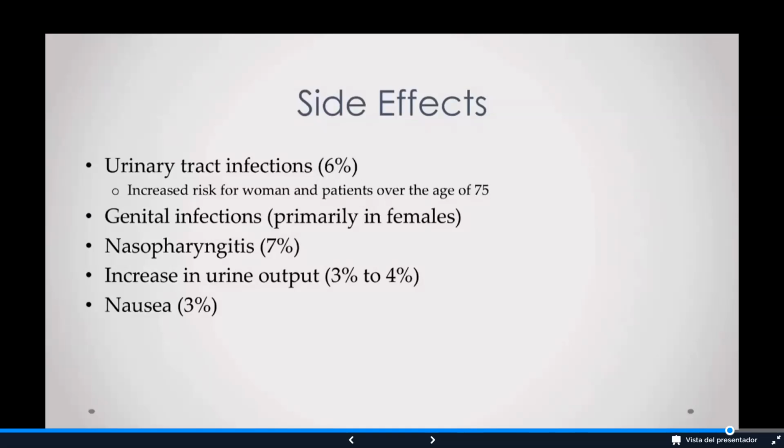You can also see an increase in urine output and nausea in a small percentage of people. Now, one nice thing about Farxiga is that hypoglycemia is not very common when it is used alone. If you are taking other diabetic medications,